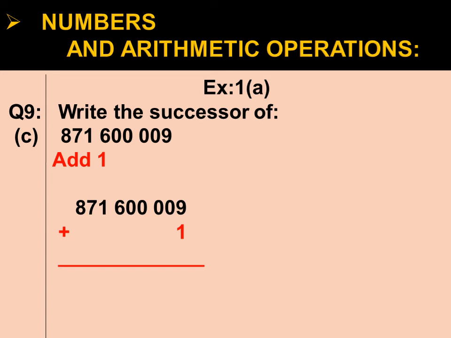10 is a number having 2 digits. So we will write 0 with 1 carry. This is our carry number and this is our answer. 9 plus 1 equals 0 with 1 carry. 0 plus 1, 1. Okay. And we have no digits under the digit at 100 place. So we will write 0 plus 0 equals 0. 0 plus 0, 0. 0, 6, 1, 7, 8 as it is. Now this is the successor of our given number.